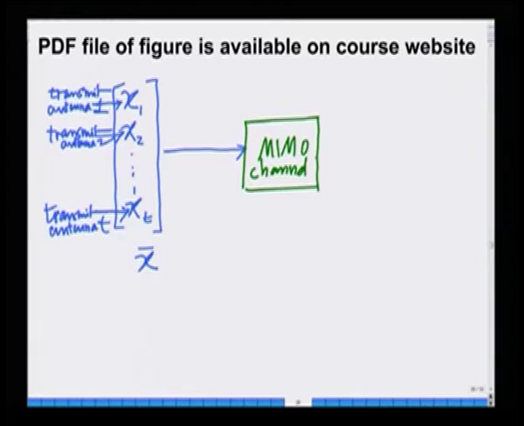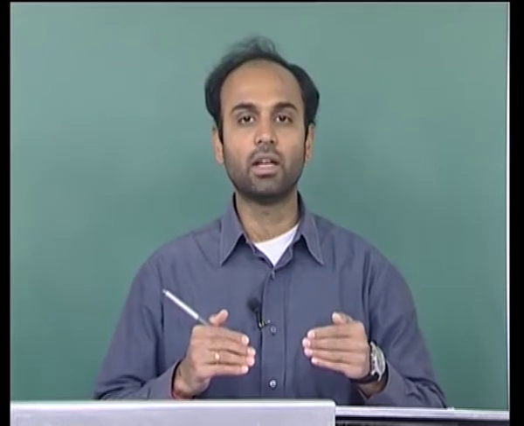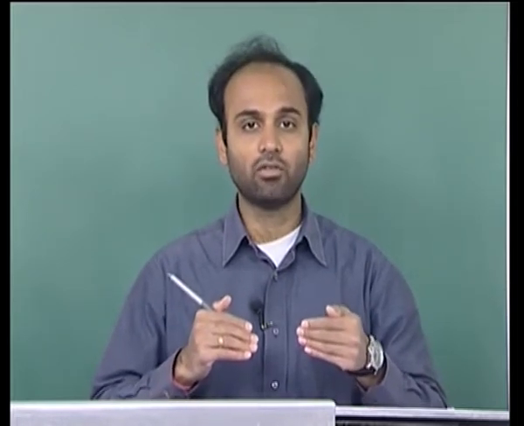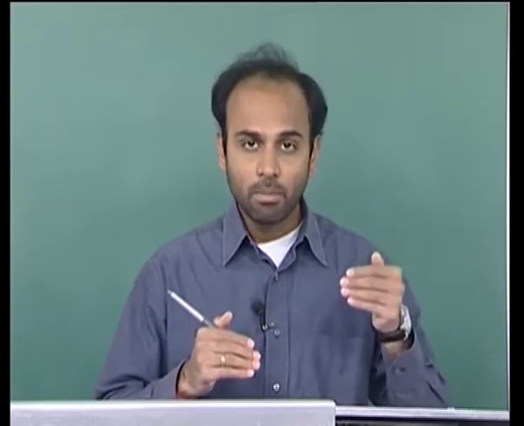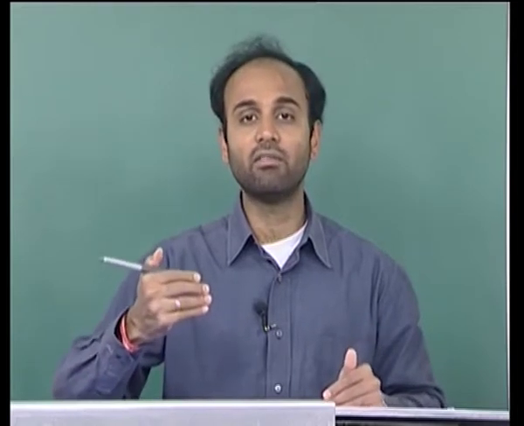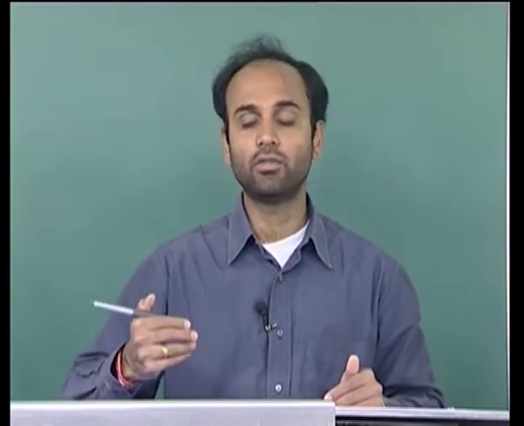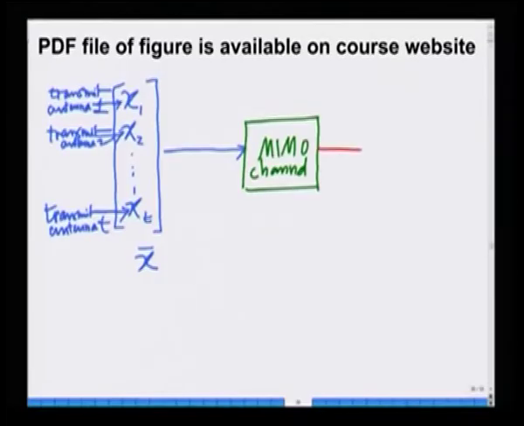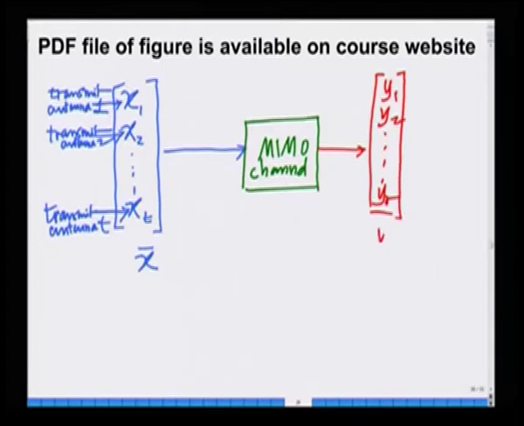This is the MIMO channel. I am transmitting T symbols X1, X2, up to Xt from the T transmit antennas. This is a T dimensional vector x bar passing through the MIMO channel. At the receiver, I have R receive antennas and I receive Y1, Y2 up to YR, one at each of the receive antennas, where this is the vector Y bar and Y1 is received at receive antenna 1,